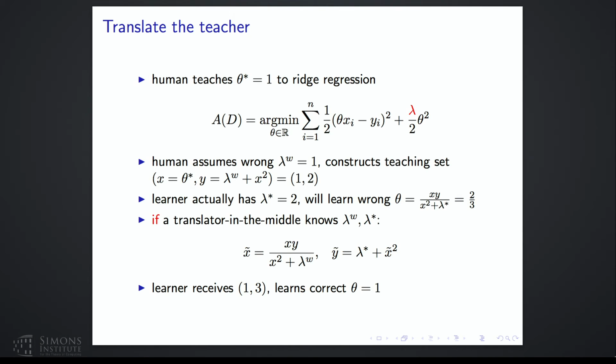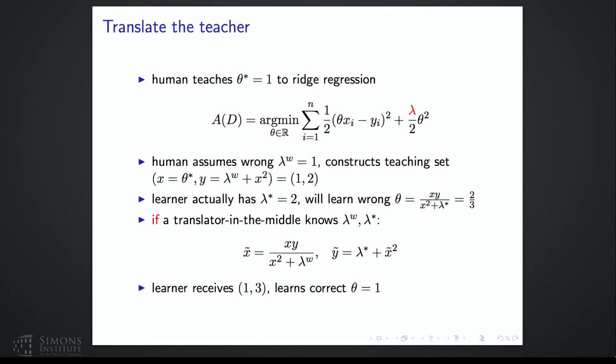So if I don't know the correct lambda, I start with this, and I will get our optimum training set construction. We have seen this before. It's just going to be (1, 2), the red dot previously. The student, in this case, would actually learn a wrong theta because the student is running with lambda star. Okay, so here's a big if.